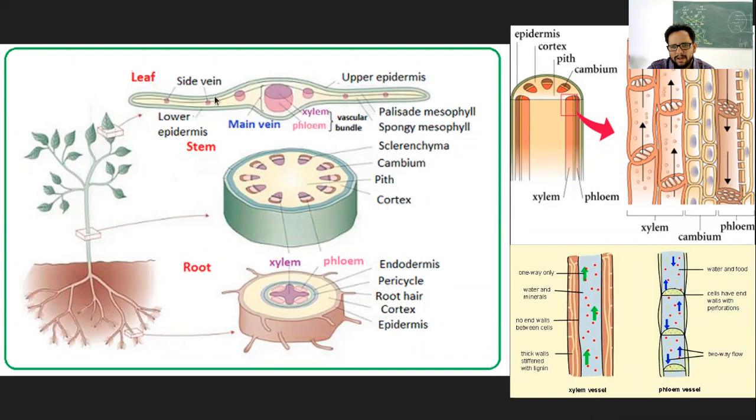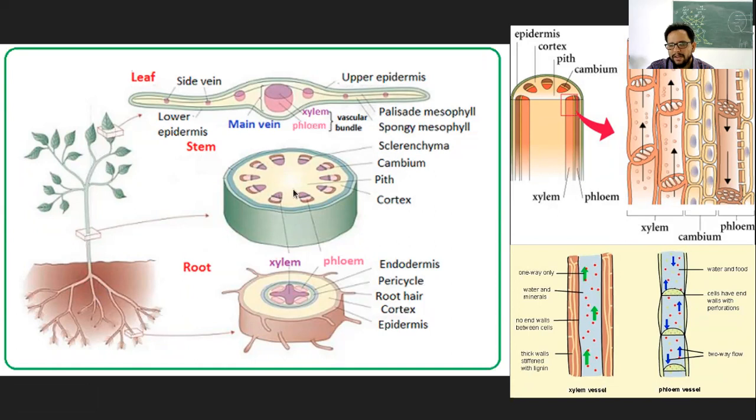And there will be smaller of these veins which will again have some xylem and phloem tissue, and they are in continuation. Let's say from this leaf, they will be in this pedicel-like structure or the stem part of the leaf. Then they will enter into this main branch. Then xylem and phloem will continue throughout this stem, and it will be continuing with the roots as well.